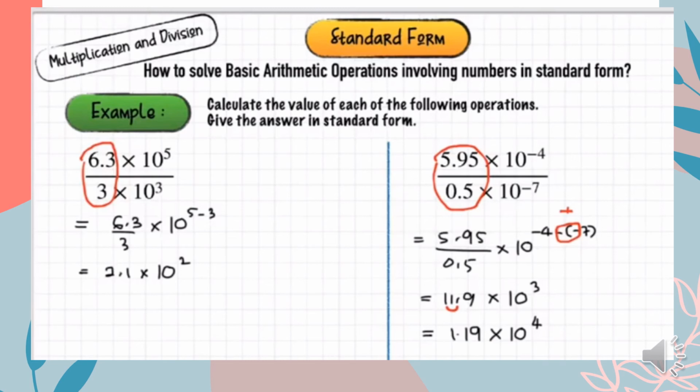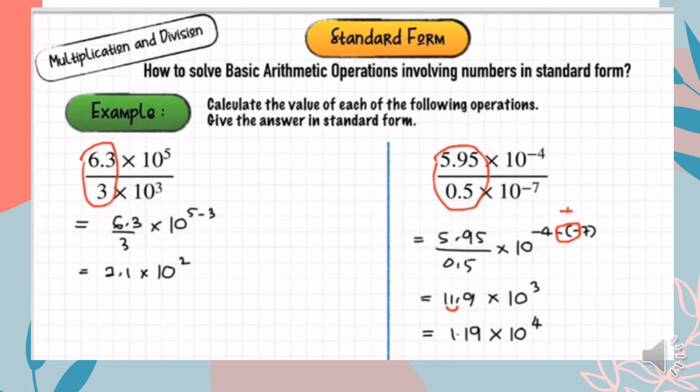Look at the second example, the same thing. 10 to the power of negative 4 divided by 10 to the power of negative 7. Remember, when you are dealing with the negative sign, please put a bracket. Did you see what is happening here? Negative 4 minus, why minus? Because it is division. So minus negative 7. Please do not forget to put the negative sign in bracket. Once you did the normal calculation, you got 11.9 times 10 to the power of 3,